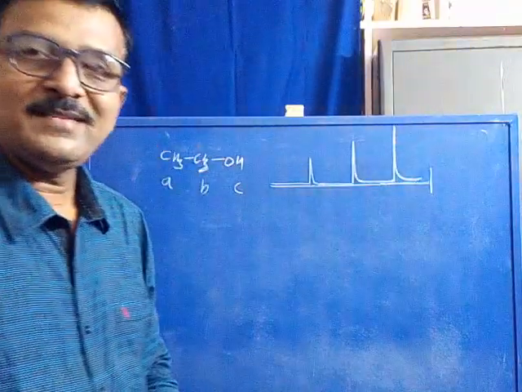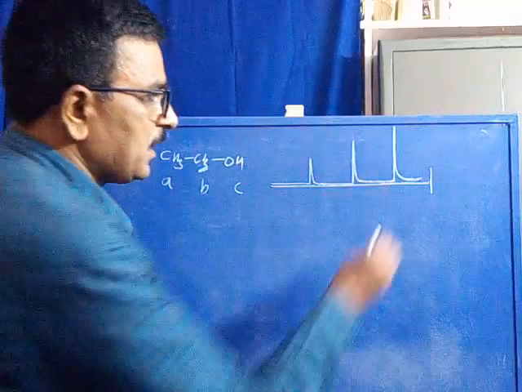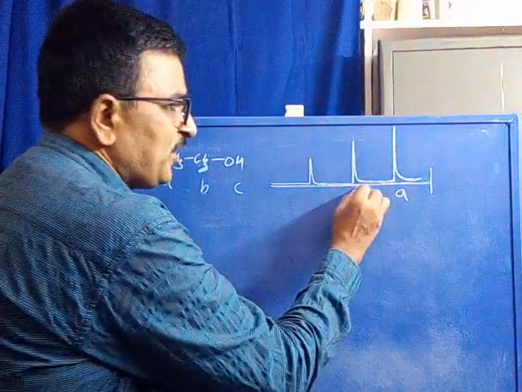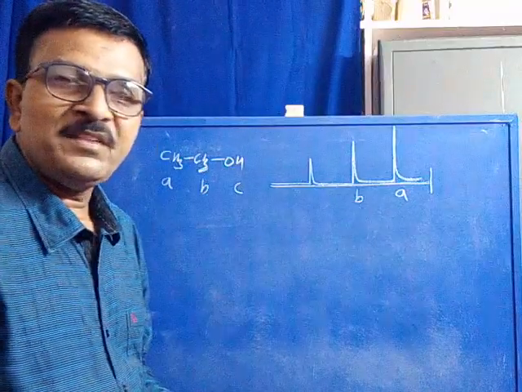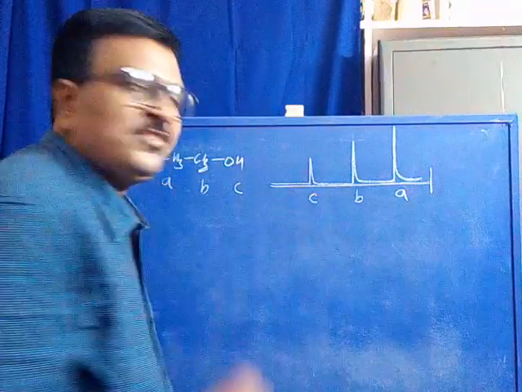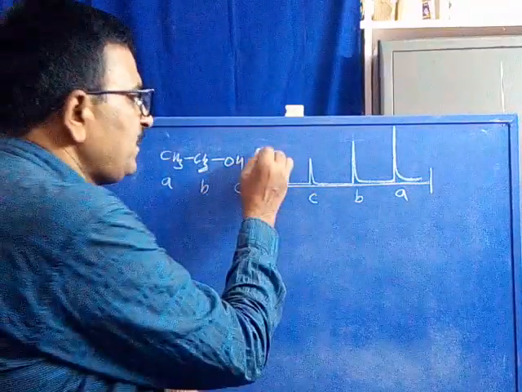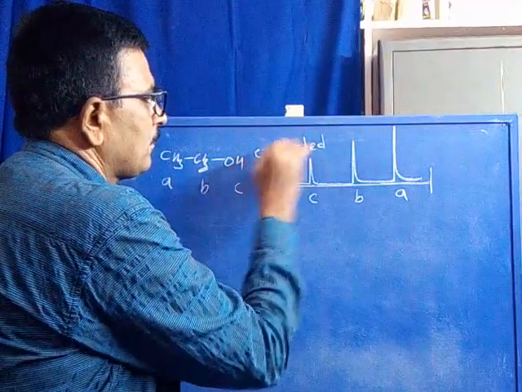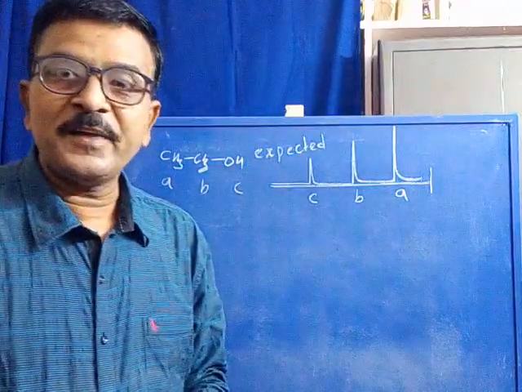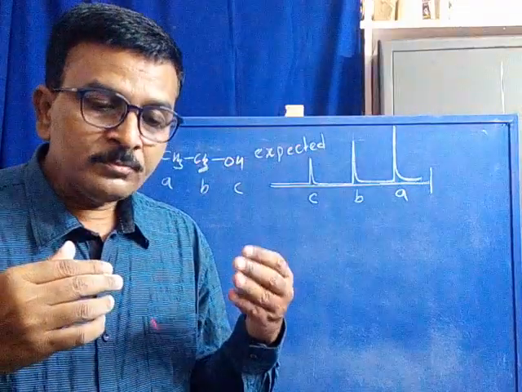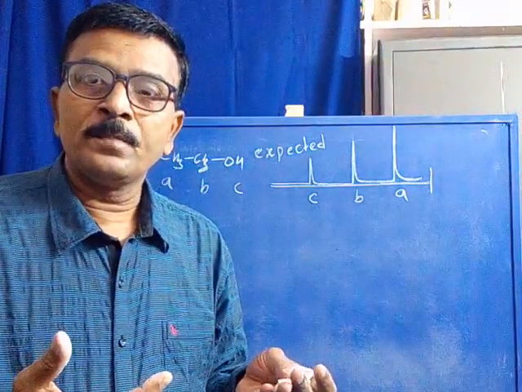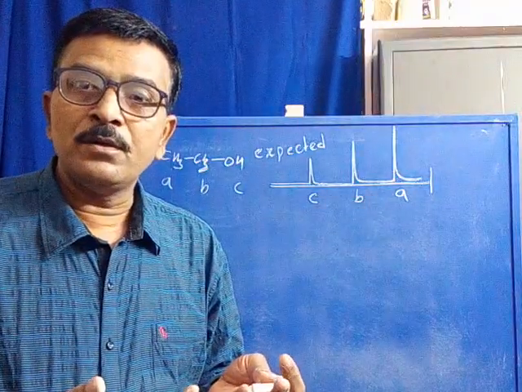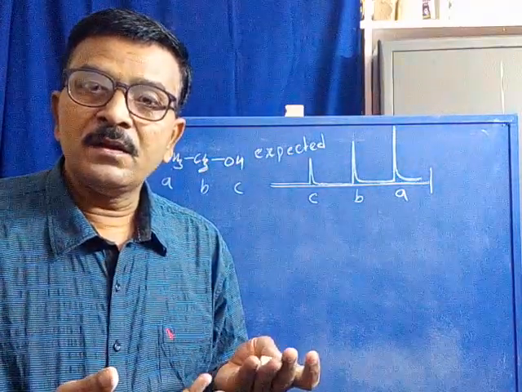Now we have three signals. One signal corresponds to the A set of protons. The second signal corresponds to the B set of protons. This is the C set of protons. This is the expected spectrum. So we would expect every set of equivalent protons in a molecule to appear with